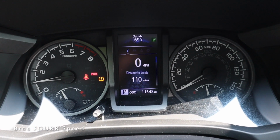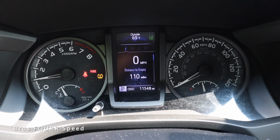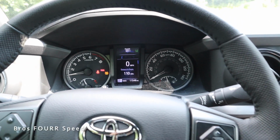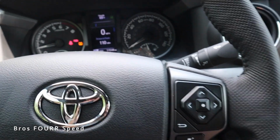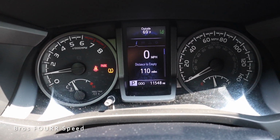And then looking at the gauge cluster, you'll see over on the left side is the tach and the engine temperature. On the right side is the miles per hour and the fuel gauge. And then right in the middle is the LCD screen that offers a lot of information. We can use these controls over on the right side of the steering wheel to scroll through all of this. So right now you can see the miles per hour along with the